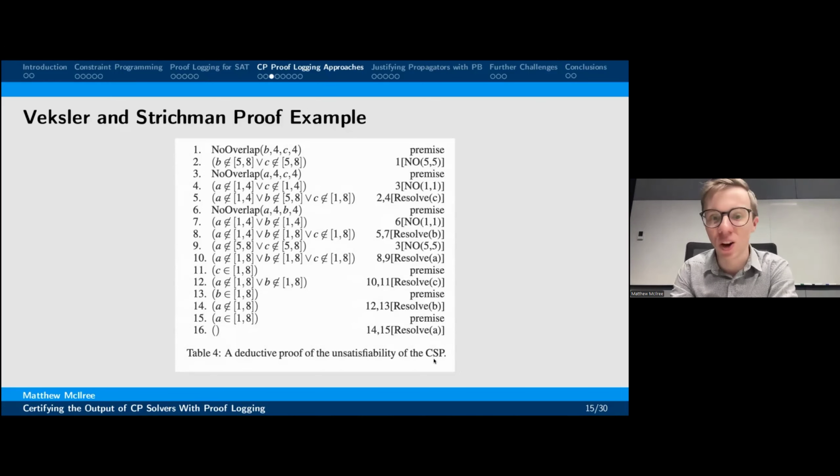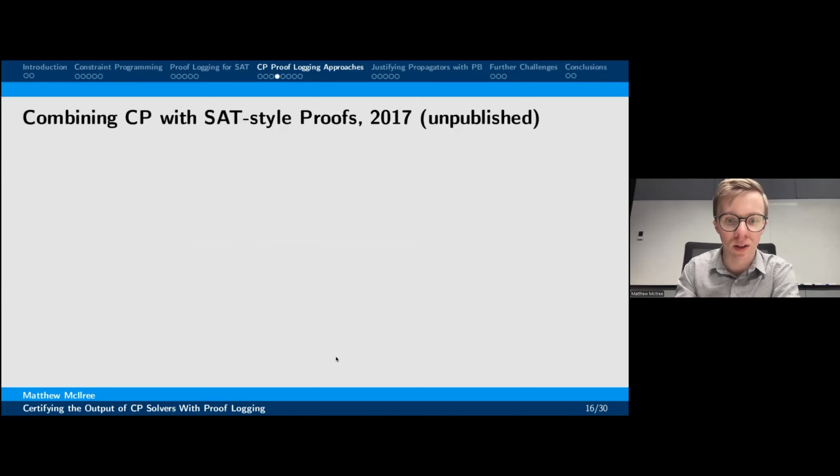Now, depending on what you want to certify and how much you're willing to put in what's being termed the trust base, this may or may not be good for you, but certainly for strong mathematical guarantees, having a verifier that supports all of these proof rules is potentially not the most trustworthy. But this is the first CP proof logging work, so certainly it's very valuable from that perspective. So the second CP proof logging work is one that I've never talked about before,